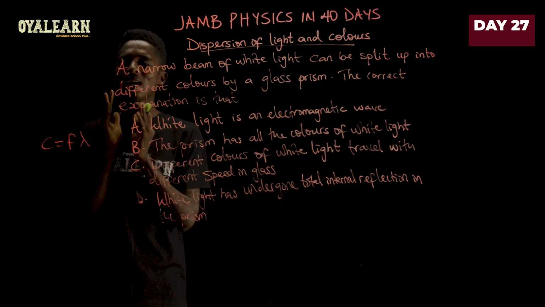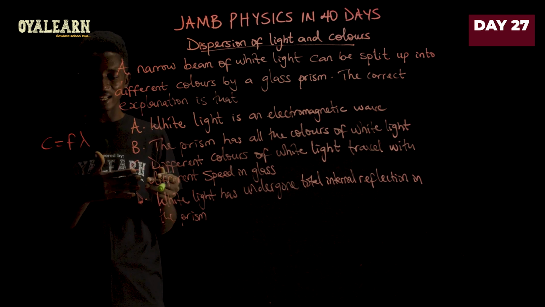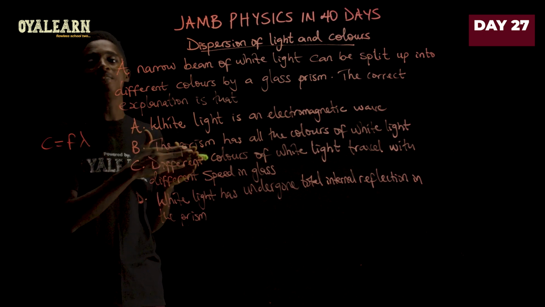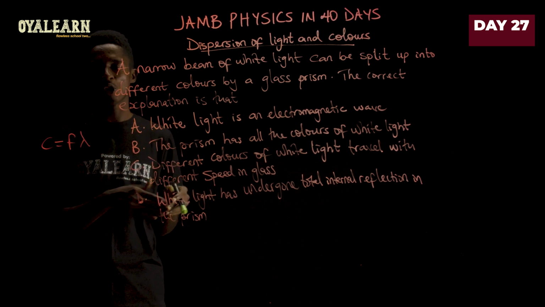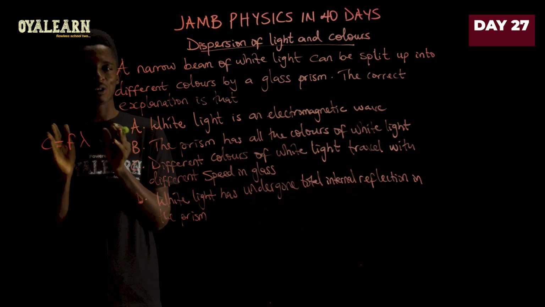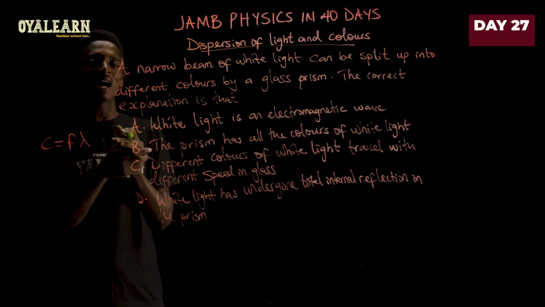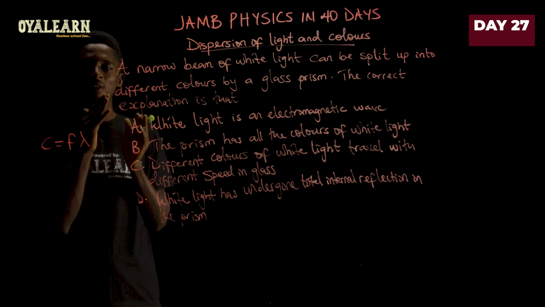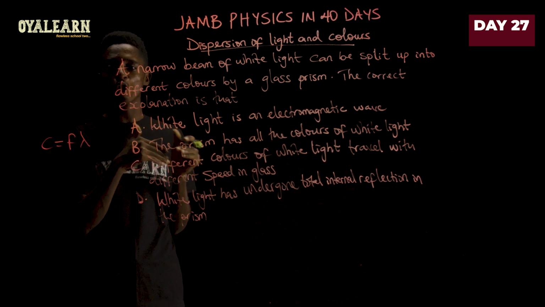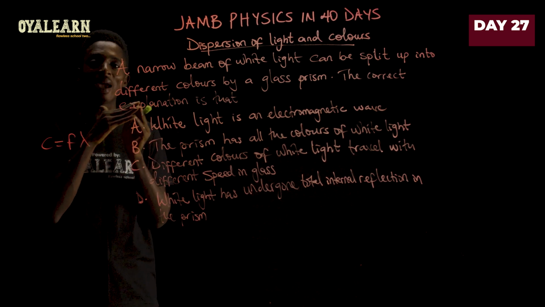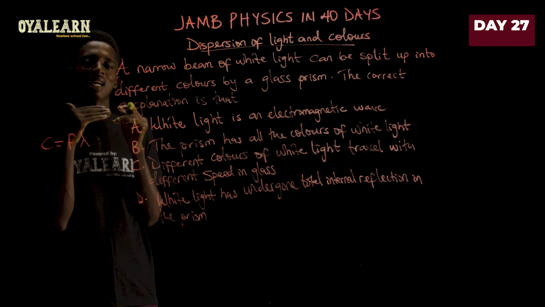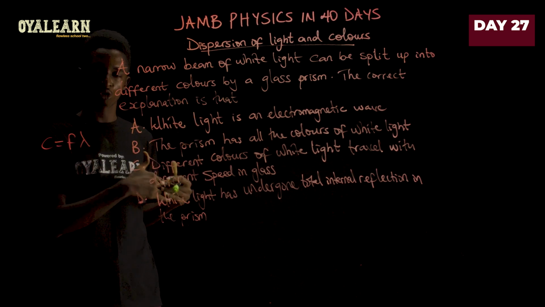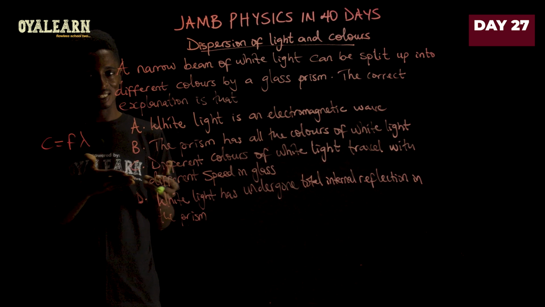Yes, and due to the difference in wavelength and speed, it will bend differently in that medium. Remember that the frequency remains constant. Now, at the beginning of this video, I did mention that when white light passes through a prism, due to the wavelength of the individual colors in white light, they bend differently. And I mentioned that violet, which has the shortest wavelength, is the one that will bend the most, while red will bend the least, right?